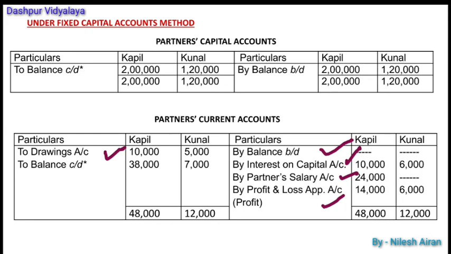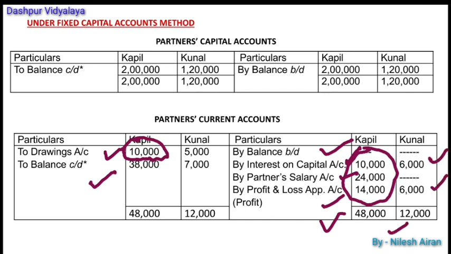Now you can see what amount has been given to a partner and what amount he has already withdrawn. If that is compared or adjusted, we may know how much amount is available of that particular partner in our business organization. So you can see that 48,000 rupees is to be paid to Kapil, and he has already taken out rupees 10,000. So the remaining balance will be 38,000 available for him. Now for Kunal, 6,000 and 6,000, 12,000 is the total amount available, and out of that 5,000 he has already withdrawn. So the remaining amount, rupees 7,000, will be the balance in his current account.